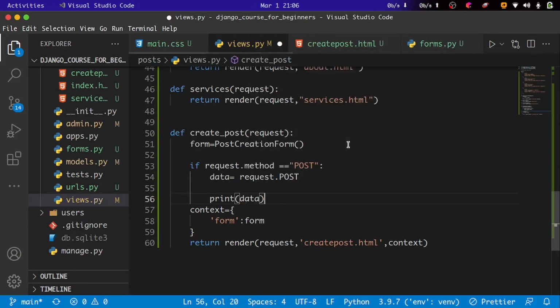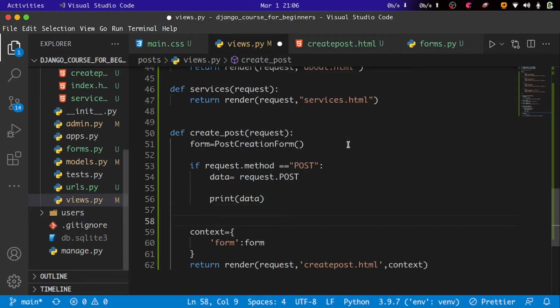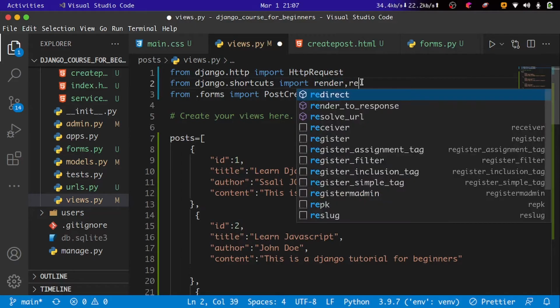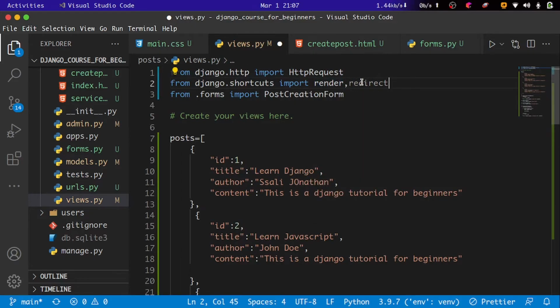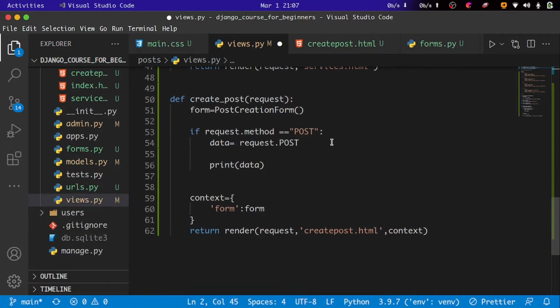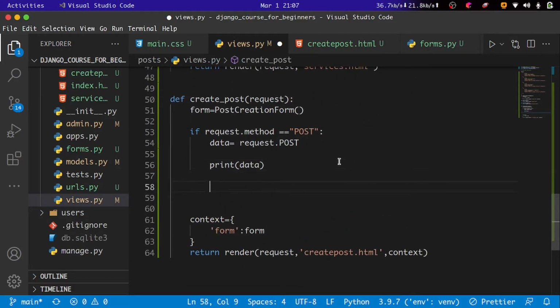And once we print this data out, I'm just going to redirect to the same page. The way we can do that is by using the redirect shortcut, which is also provided to us by Django. So I'll come at the top of our code right here and import our redirect shortcut. After importing it, I'll come right here and say return